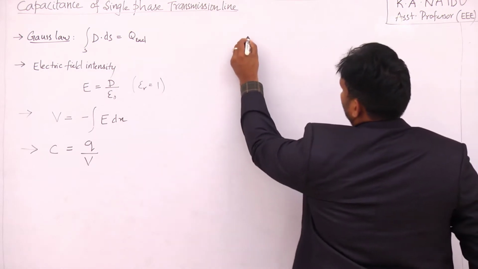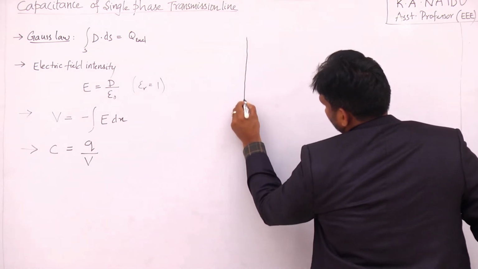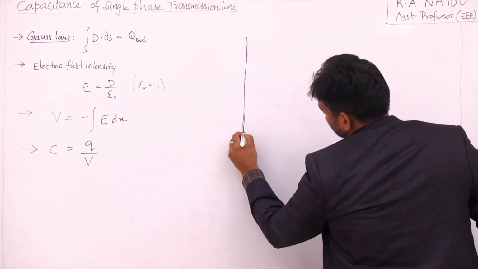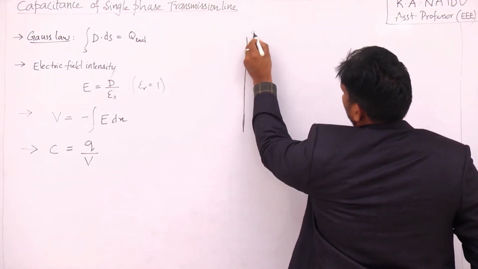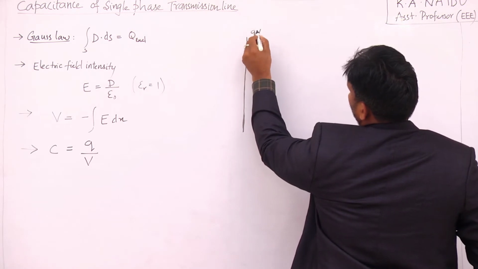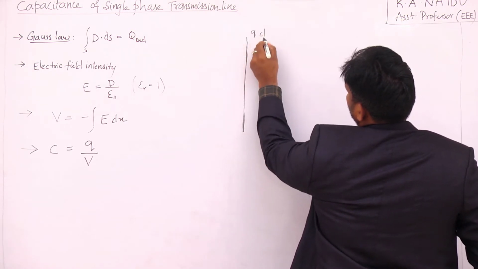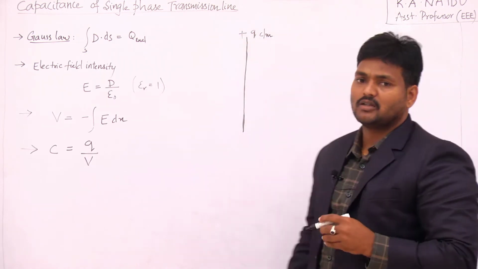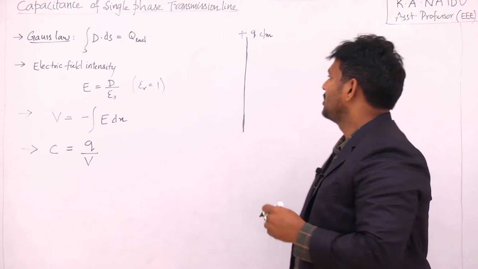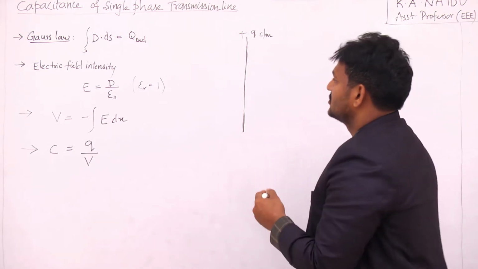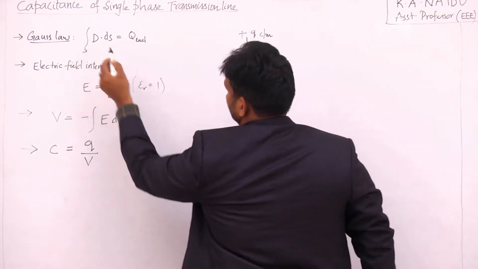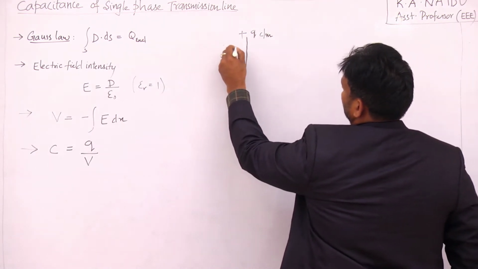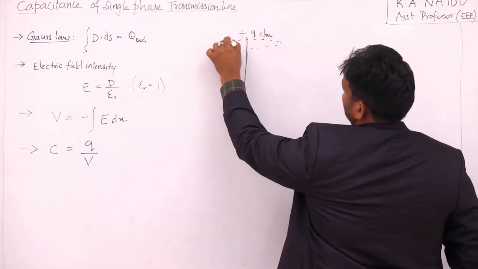You consider a line charge of a transmission line which is having infinite length. You assume that the charge is q coulomb per meter. In order to find out the electric flux density, we apply the Gauss law and find out the Gaussian surface. The Gaussian surface will be a cylinder